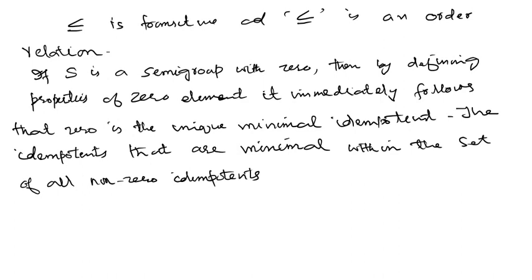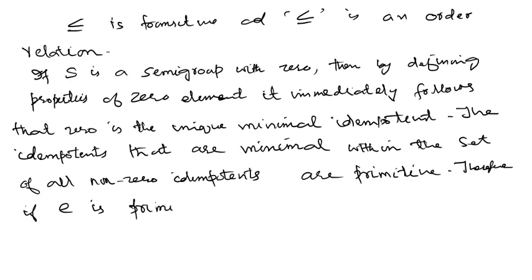are called primitive, इनको हम कहते हैं primitive, जैसे आपने primitive elements में नंबर 3 में भी डिफाइन किया होगा, तो यहाँ पर भी किस idempotent को हम primitive कहेंगे। So therefore, if e is a primitive idempotent, so that means it's minimal, okay, then for any non-zero idempotent f,